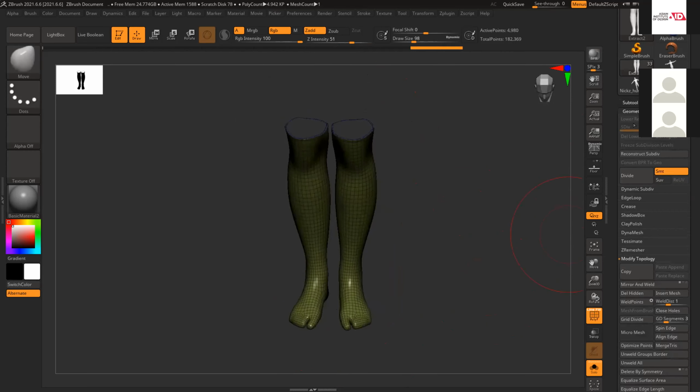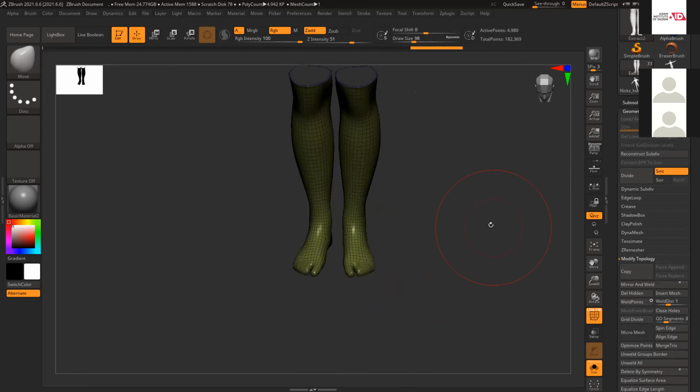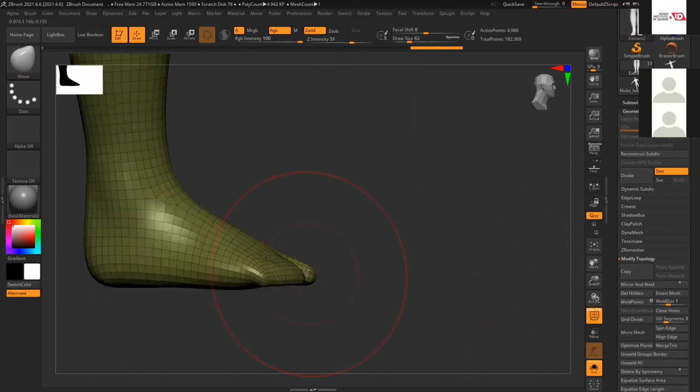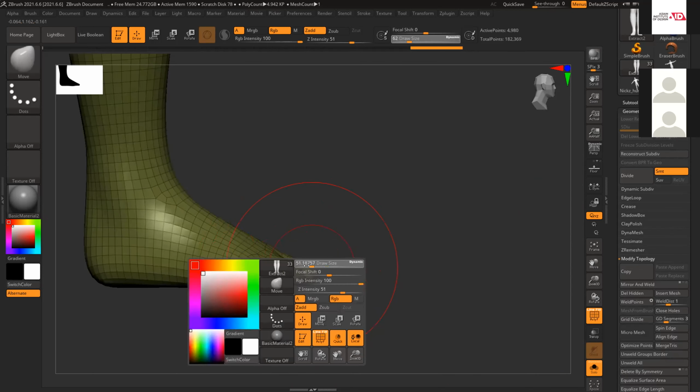And now I have to dynamize the model. Before dynamizing, I need to get rid of all these gaps. It's like some boot kind of thing, and it's a little pointy.